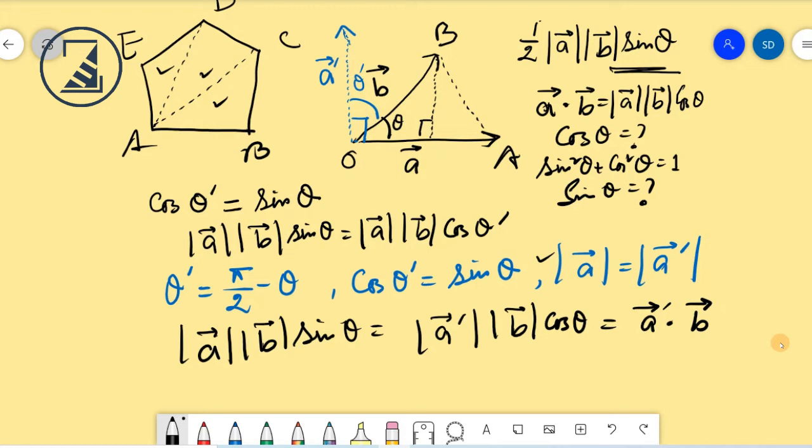So if two vectors are given, A vector and B vector, and we have to find the area of the triangle constructed by these two vectors, what we have to do is rotate one vector through 90 degrees and construct a new vector and take dot product of another vector with that new vector. That will give us the area of the triangle. It is looking like a complicated process, but please stay with me. This will make sense.